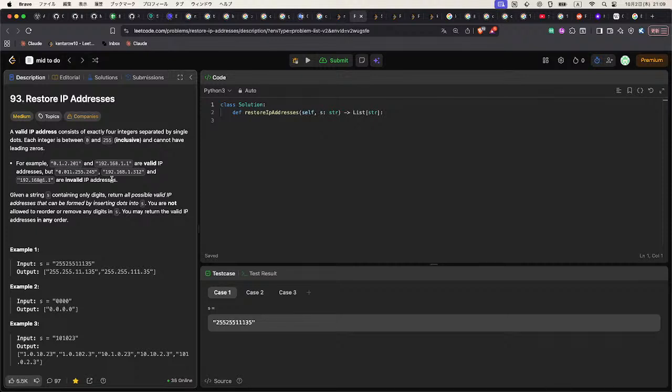0.011.255.245 and 192.168.1.312 and 192.168@1.1 are invalid IP addresses. Given a string s containing only digits,